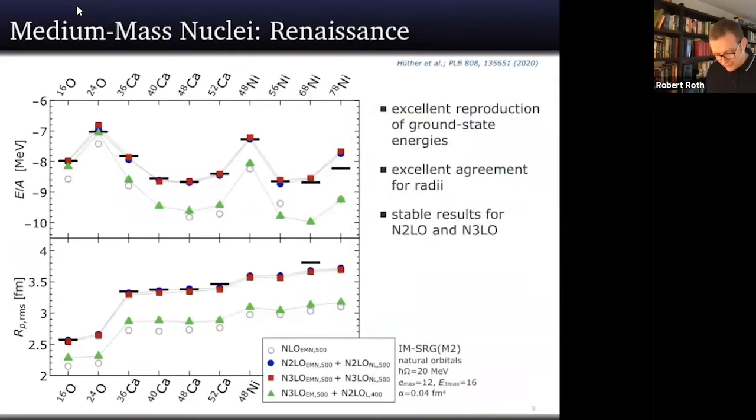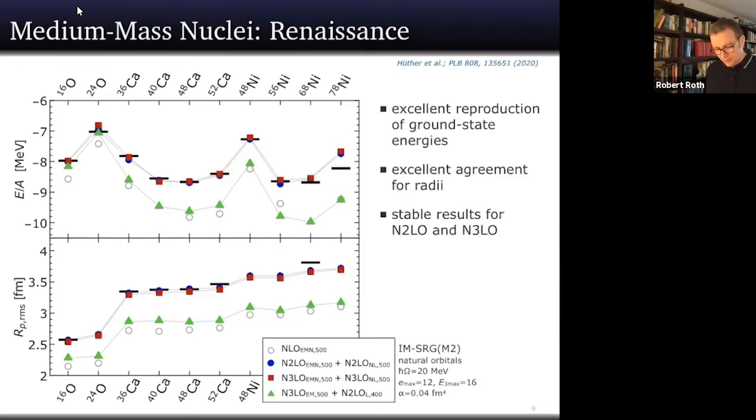If you do that, then this picture changes. And that's now kind of jumping to the end of a story, which I'll explain in a minute. The green symbols here are your first generation calculations from before. These open symbols and the blue and the red symbols are now new generation, third generation calculations for next to leading order, that's these open symbols here, N2LO, that's the blue symbols, and N3LO, that's the red symbols.